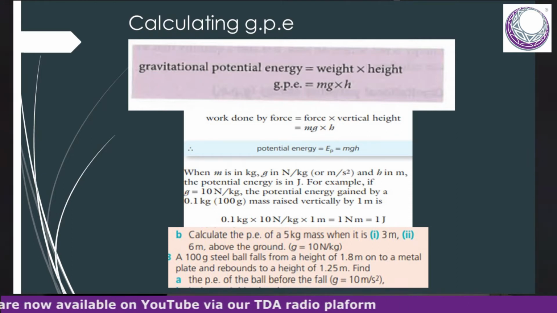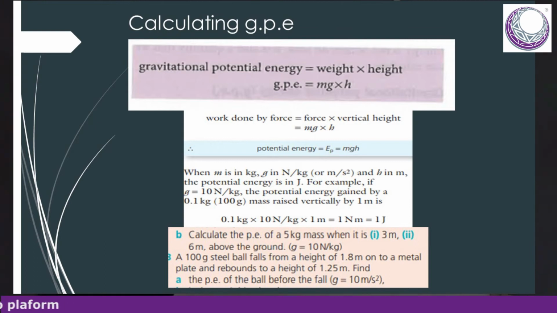Force, in this case, your mg, which is your weight also, multiplying your h, which is your height. And you get your potential energy is mgh. Let's have an example here. m is the mass in kilograms,